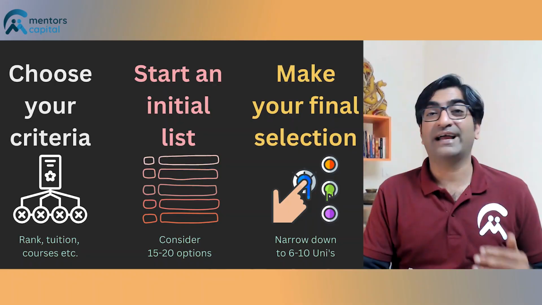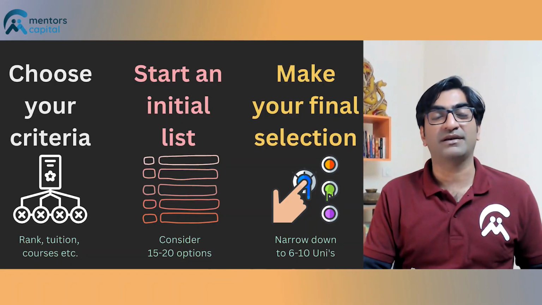So you start with a long list, and now the idea is, in the final step, you want to break this down. You want to accumulate as much information as you have on the parameters that you selected, and you complete this sort of Excel file, right? This table that you created, where all the universities are listed, and their values for each of the listed parameters are compiled together in a table, and now you can start to assess and shortlist, right? And remember, this is where the three buckets come in, right?